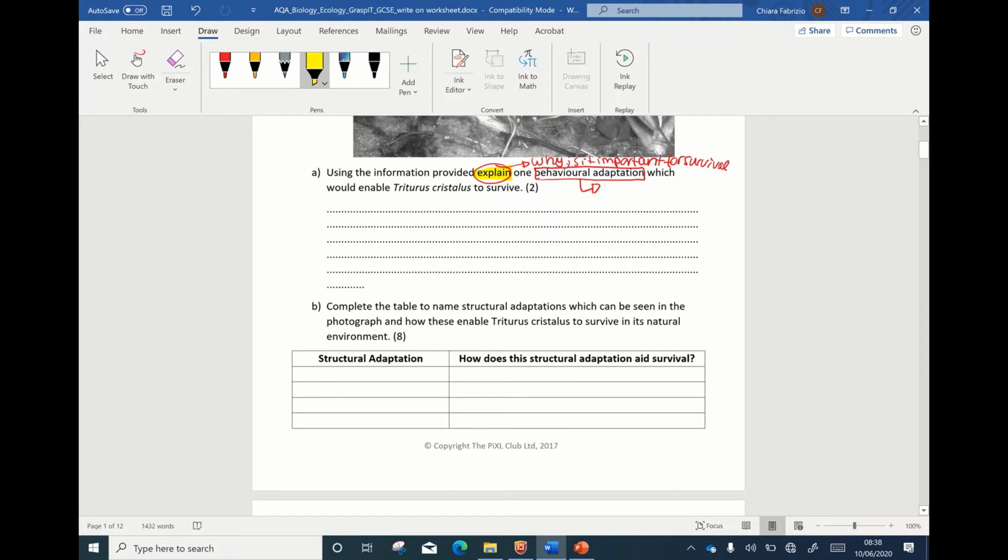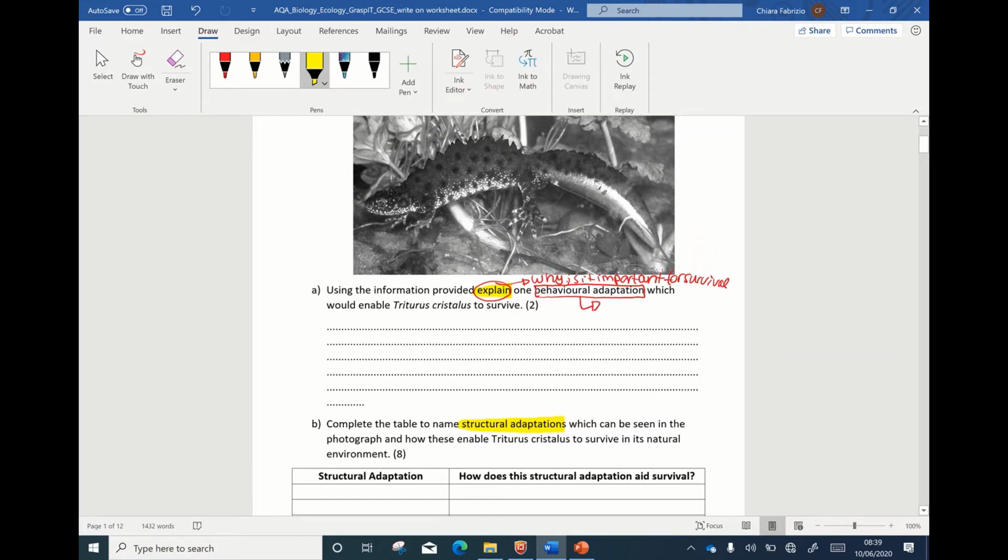Okay, so the next question, 1B, says complete the table to name structural adaptations which can be seen in the photograph and how these enable Triturus cristatus to survive in its natural environment. And this is out of 8 marks. So you're naming 4 structural adaptations, and it's the structural adaptations that you can see on the picture. So you have to look at the picture and see